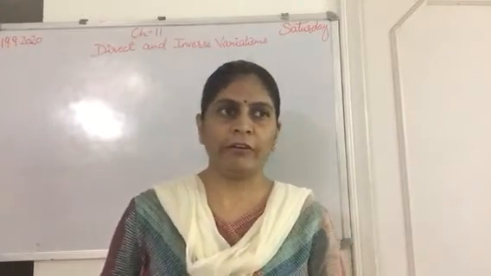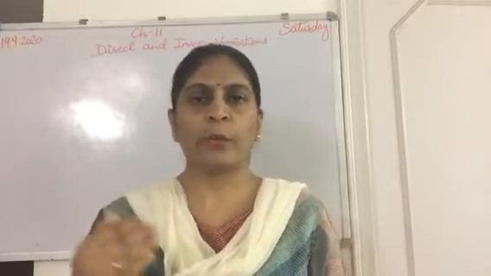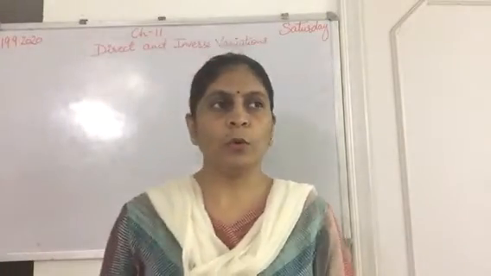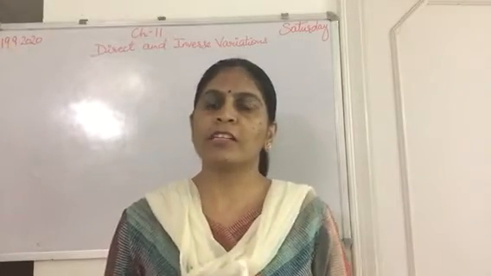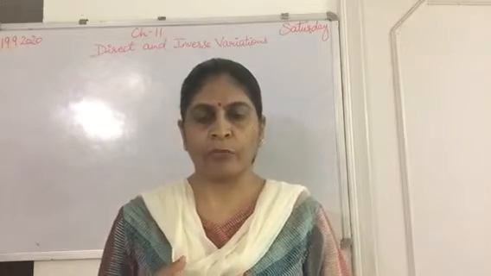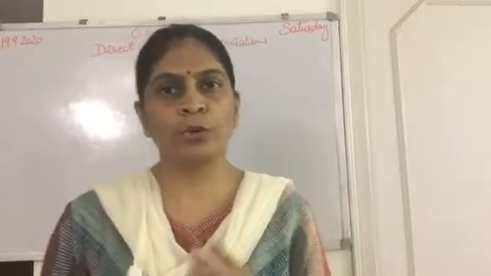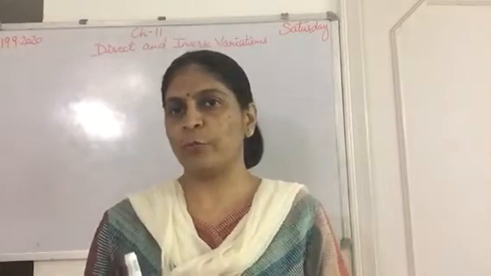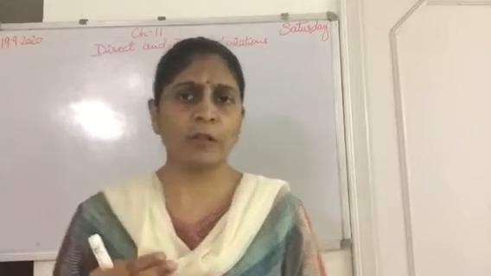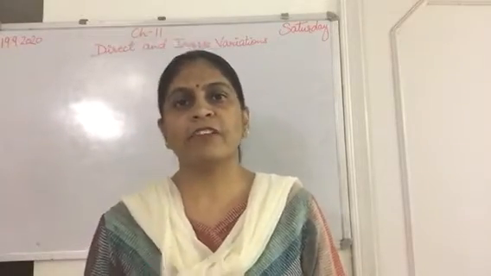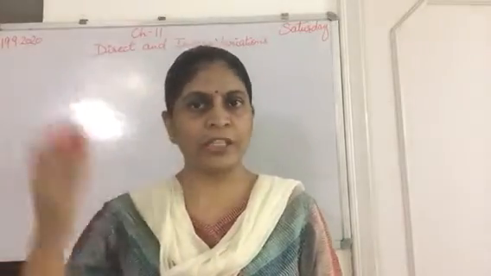But usually in day-to-day life we do the division method, so we convert it into a ratio. And as you know, when we convert it into a ratio, we always convert it into the simplest form. It should be of the same kind and the units should be the same. Why should units be the same? Because when we do the cancellation, the units will also be cancelled. That is the reason when we write the answer, it will never be in any unit.